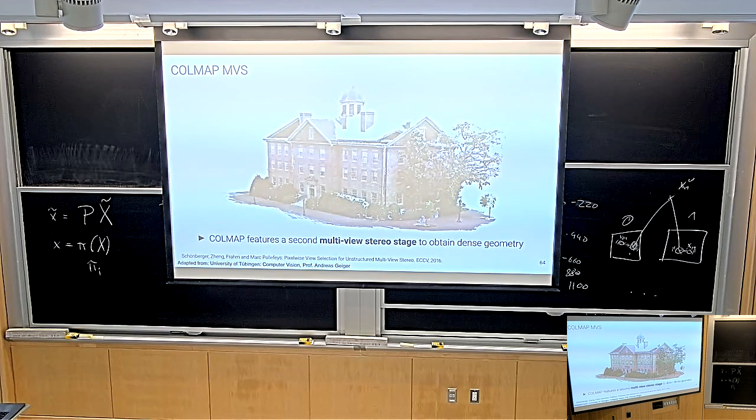Then once you are pretty certain that your poses are correct, you add a bunch of points, and it turns out you can do something closer to triangulation, because you don't have to solve for the poses anymore, since you have the poses already. Then you do triangulation to make the point cloud dense, and this is called dense multiview stereo. The moment you have the poses, the problem is reduced to multiview stereo, which is basically a big triangulation problem.